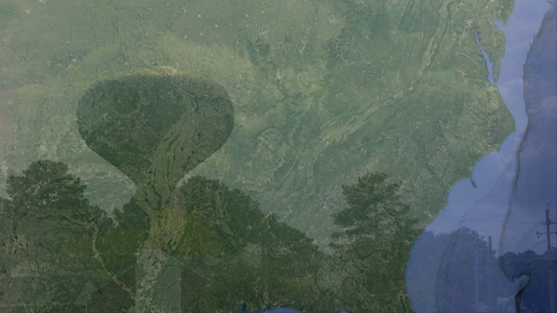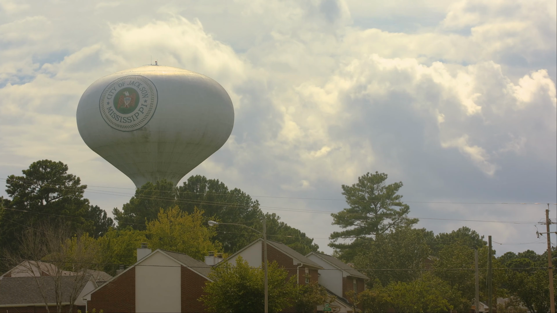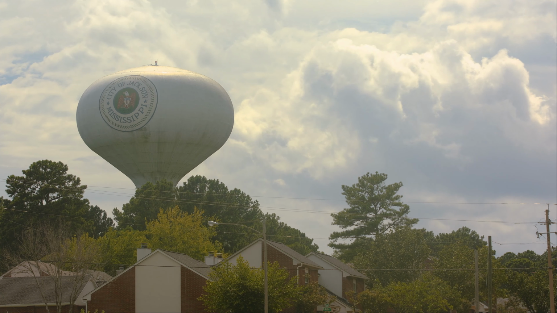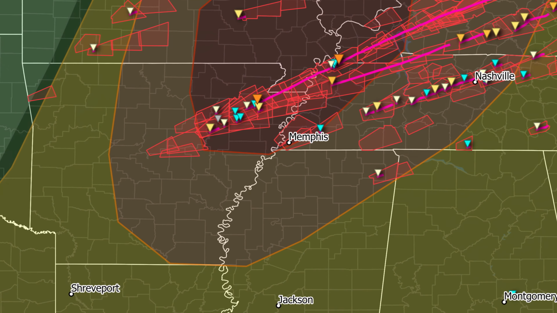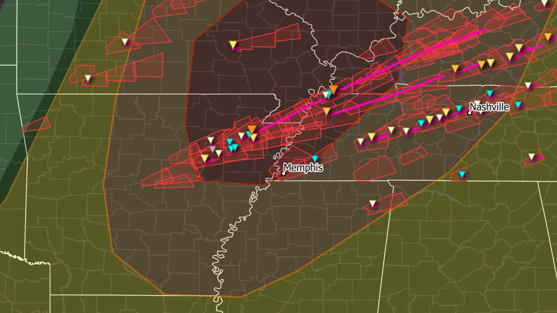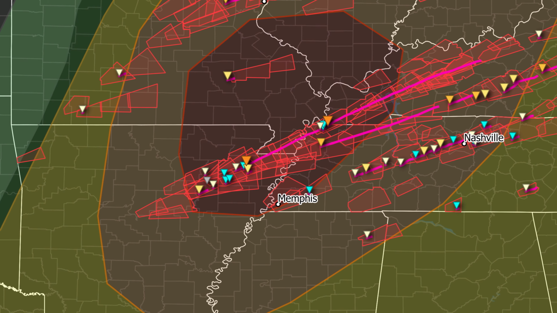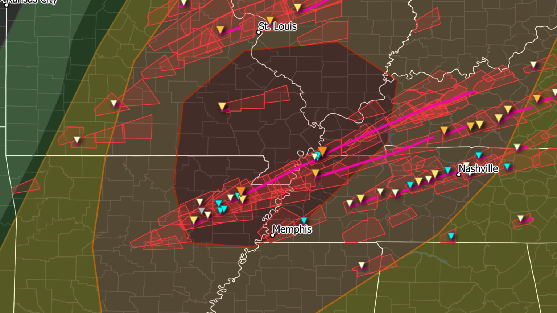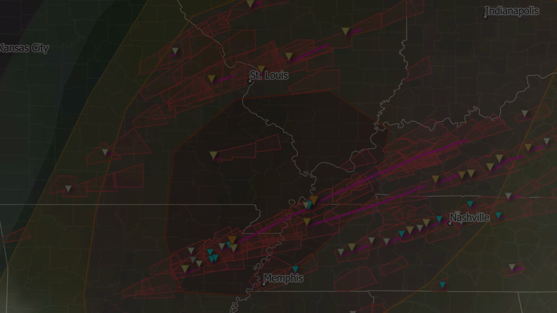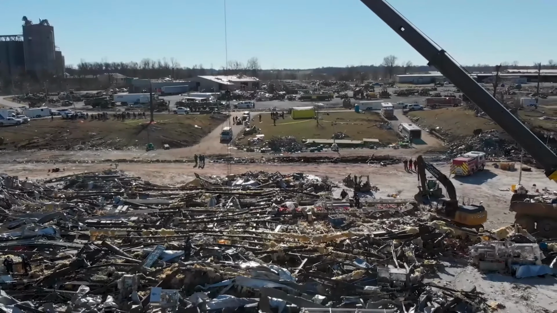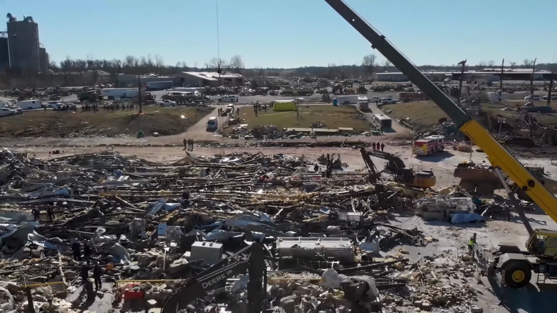In the last few years, there has been some notable tornado outbreaks in states such as Louisiana, Mississippi, Alabama, Tennessee, and Kentucky. From December 9th to 10th of 2021, a tornado outbreak in the states of Arkansas, Missouri, Illinois, Tennessee, and Kentucky produced 71 confirmed tornadoes. The largest of them was an EF4 tornado that went through western Kentucky with winds of nearly 200 miles an hour. The town of Mayfield was destroyed, and unfortunately 57 people lost their lives.